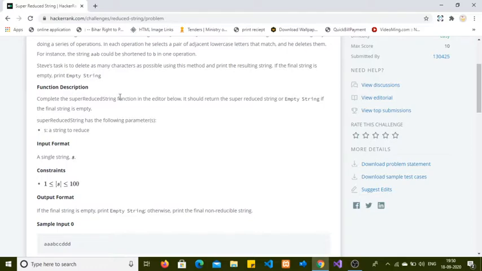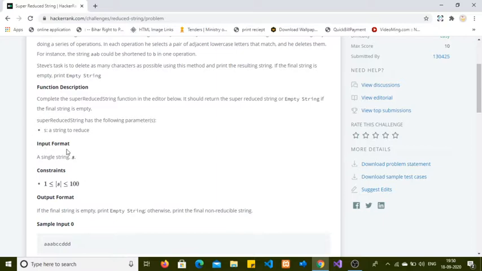Complete the superReducedString function in the text editor below. It should return a super reduced string, or empty string if the final string is empty. It has the following parameter: one string type parameter will be given, so we have to perform the basic operation on that.